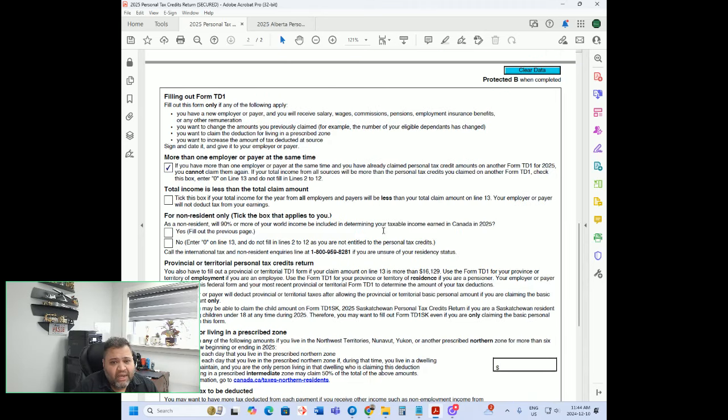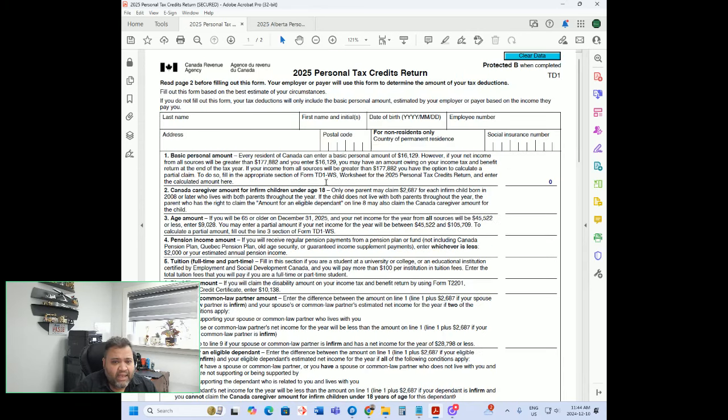Please make sure you deduct taxes. If you don't check this box on the second page, your employer may not deduct taxes correctly, and then at the end of the year you will end up paying taxes. I had clients who had paid about $6,000-7,000 in a year because this form was not filled out properly. They had multiple jobs, and with the multiple employers, the form wasn't filled out properly, and they ended up paying